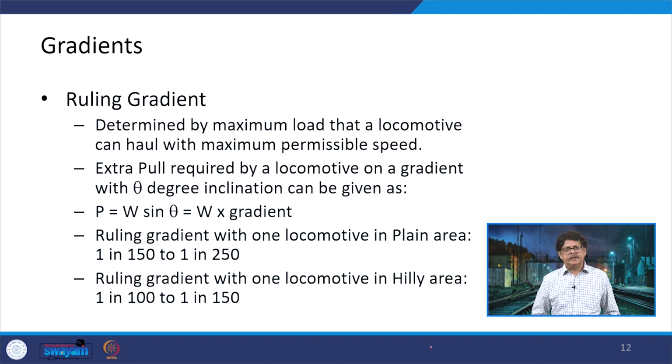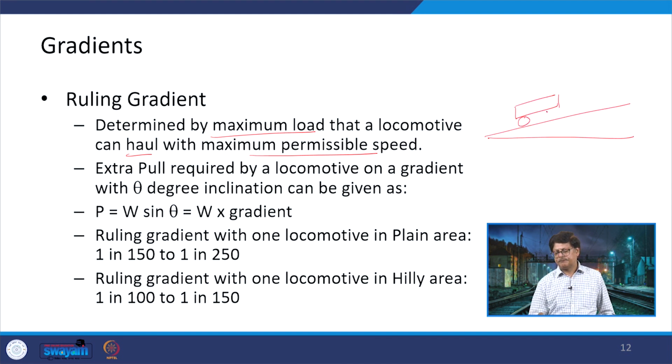So, what is this rolling gradient? The rolling gradient is determined by the maximum load that a locomotive can haul with the maximum permissible speed. That means, if the locomotive is going on this gradient with a certain weight W, then it should be able to move with this permissible speed, whatever the maximum permissible speed is that has been defined. So, the